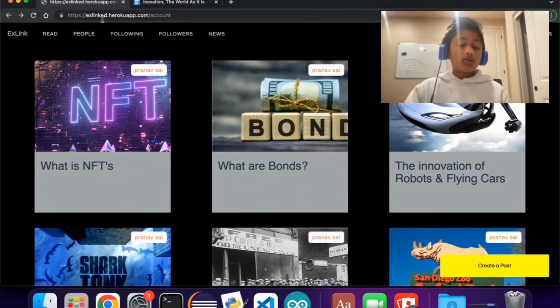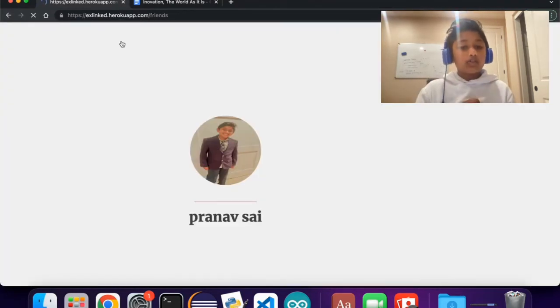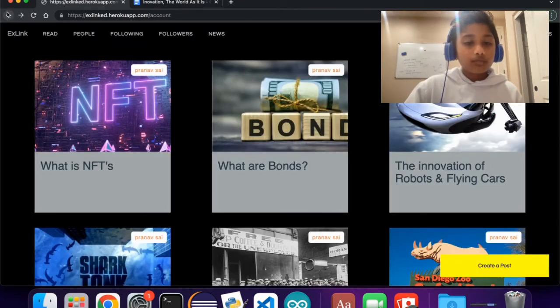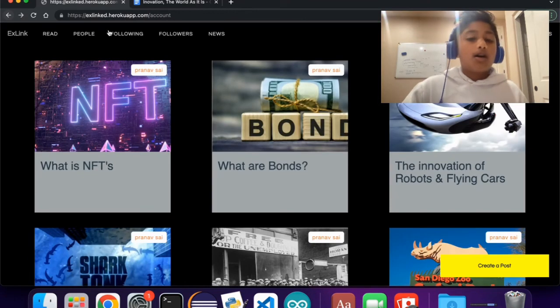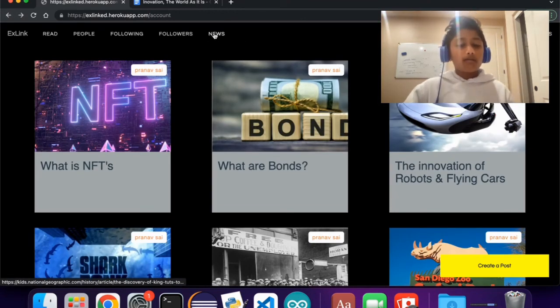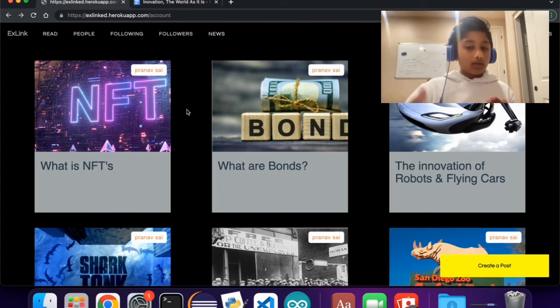So you already saw the people. So let's talk about following. This following just shows you who all you're following. This followers shows you who all's following you. And this news button. So if you're ever bored and you don't see any articles that interest you, here you